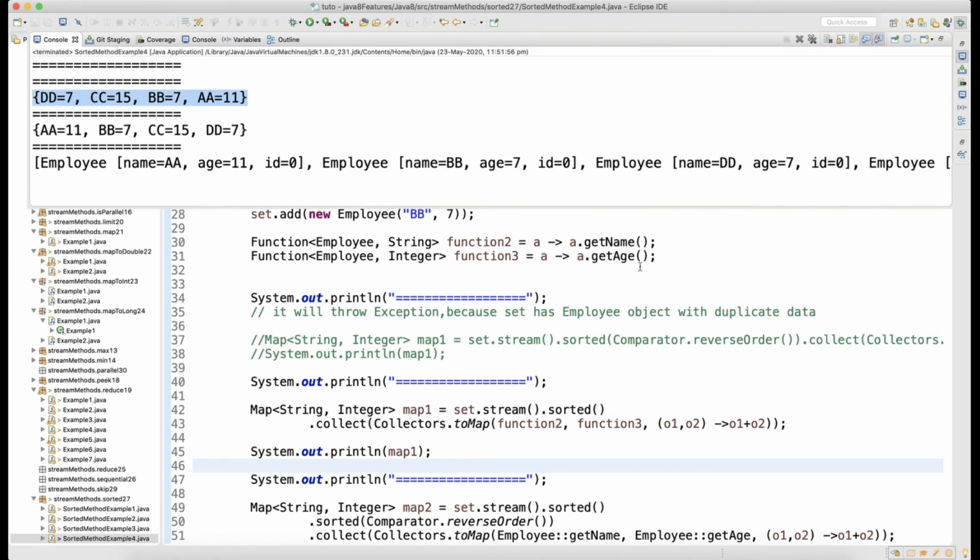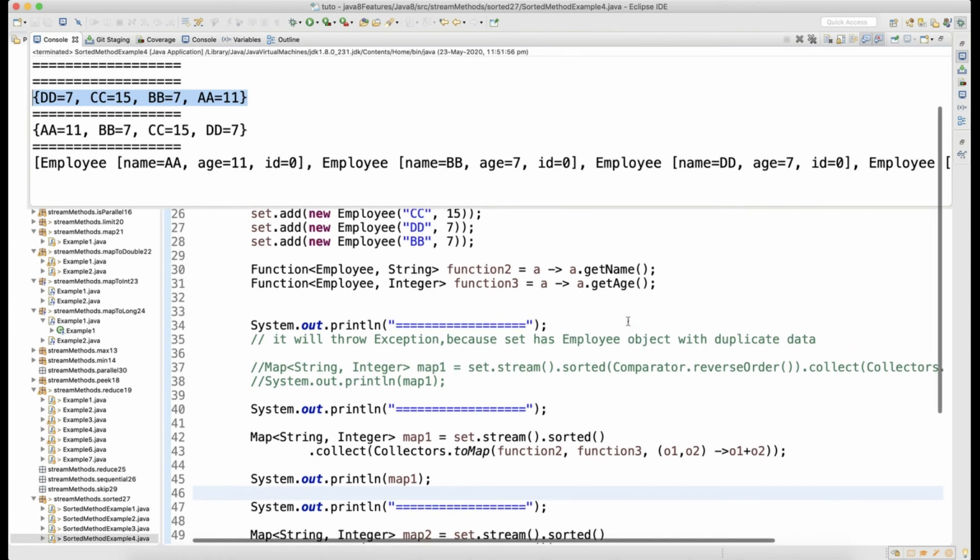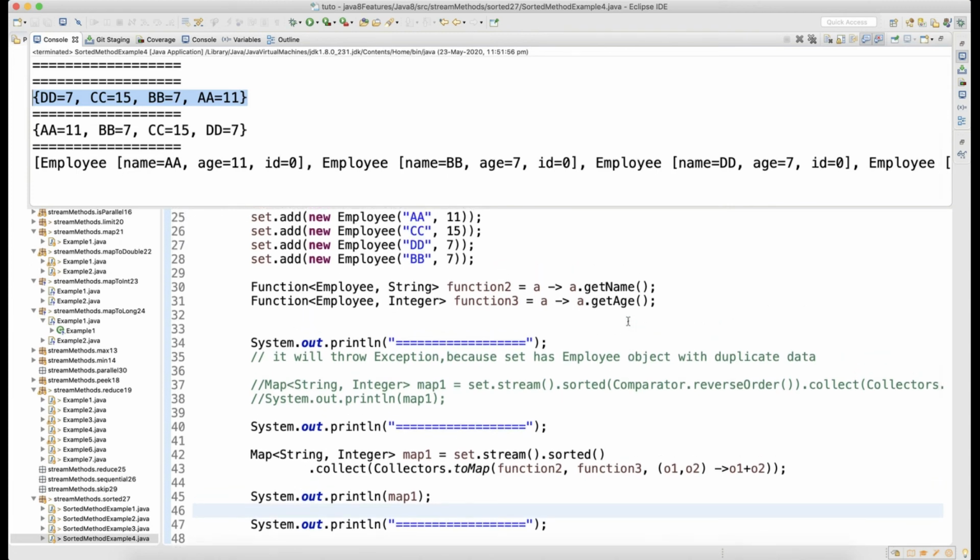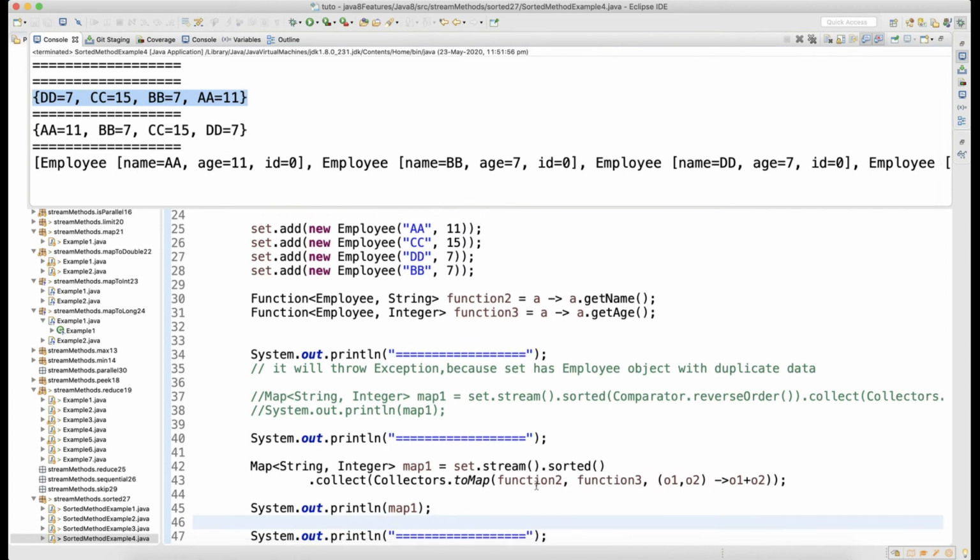Okay, and then this is your BiFunction, which just does a sum of 2. So when you do the sum of 2, it will not do anything. So first function you have a name and then age, right?